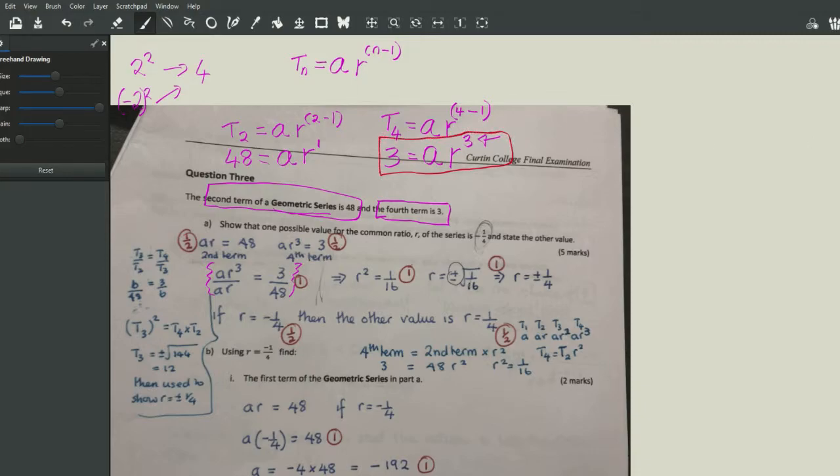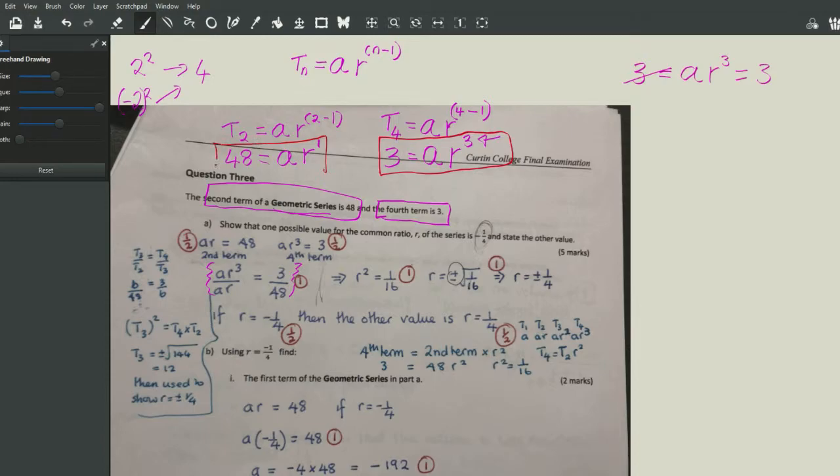That one. So we've got 3 is equal to a r cubed, and instead of writing the 3 on that side, I'm just going to write the 3 on this side. And our other equation over there,